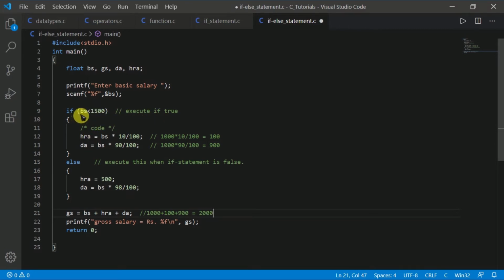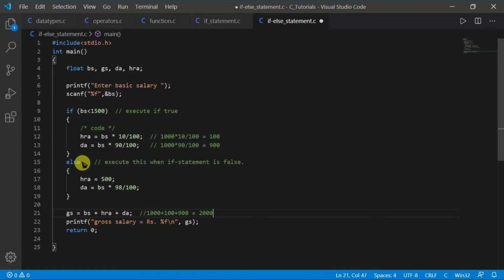From here I execute these conditions. If the BS, basic salary, is less than 1500, then it executes this code and calculates HRA equal to BS into 10 divided by 100, and DA equal to BS into 90 divided by 100. And if this is false, then it executes the else statement.